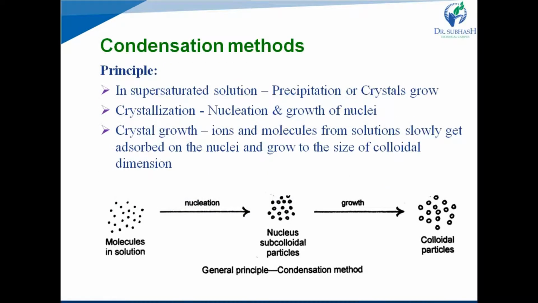The next technique is the condensation method. In the condensation method, we need to prepare a supersaturated solution. If we add solute in excess amount into the solvent, then a supersaturated solution will be obtained. From this supersaturated solution, if it produces precipitation or crystal growth, then by this method we can have the colloidal dispersion. So in this method, the crystallization technique is used, which is divided into two steps, nucleation